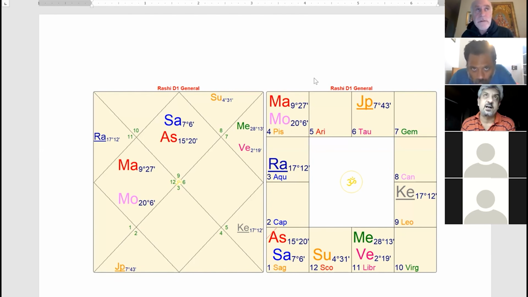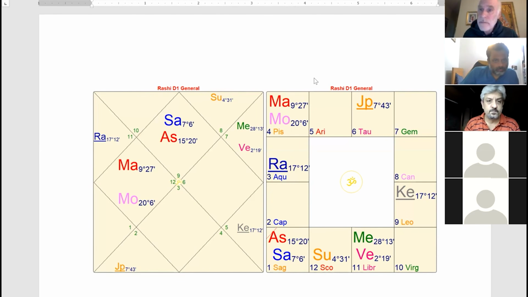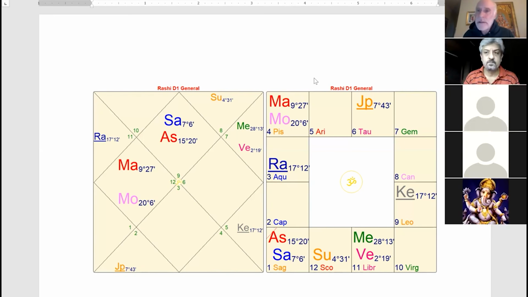First of all, hold on. This is a very good Venus in certain ways because it's in its own sign, Vargottama, in the 11th house. And this has been a very prosperous period for him where he has income from multiple sources. So that's been a very good side of this. But of course, Venus for Sagittarius doesn't just rule the 11th, it rules the 6th, right? Venus is in Mars's nakshatra. Let me finish, and then I'll ask for comments.